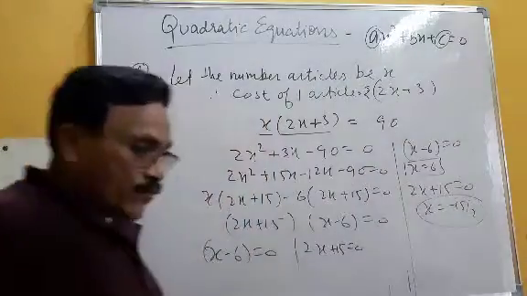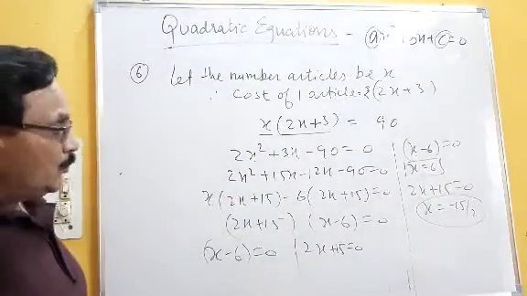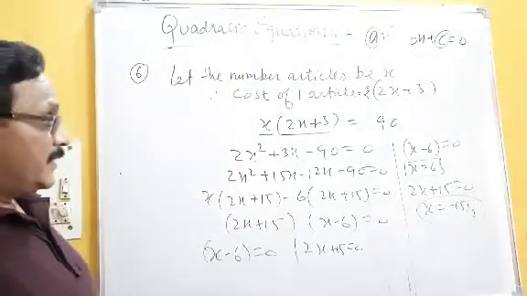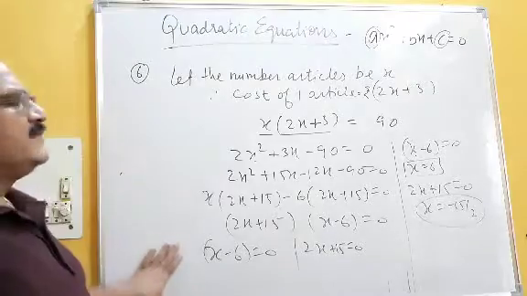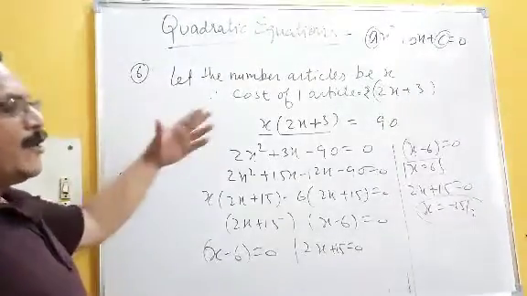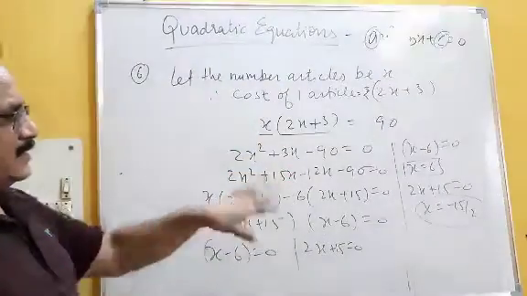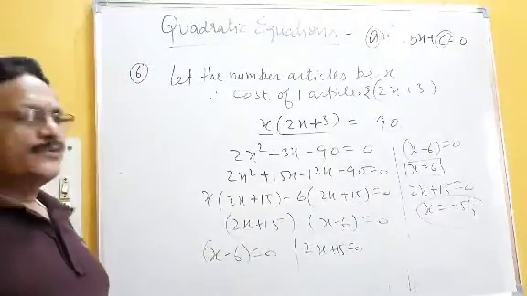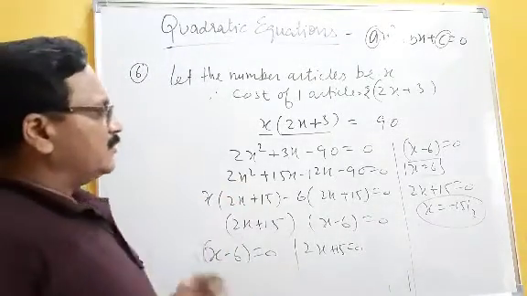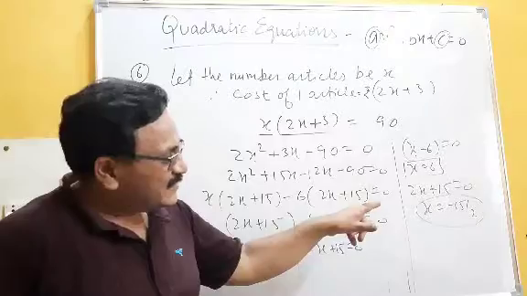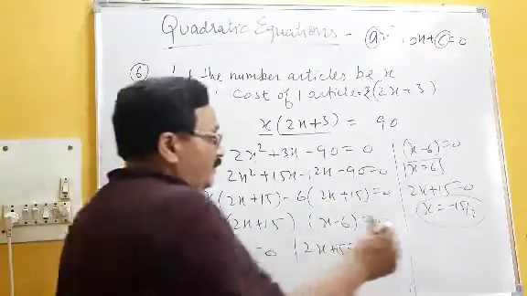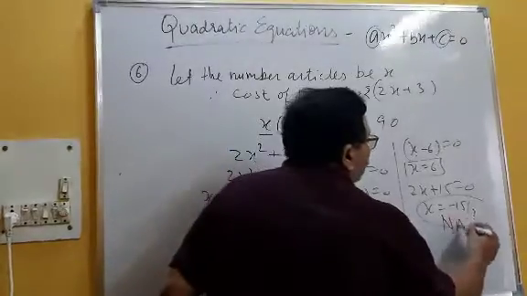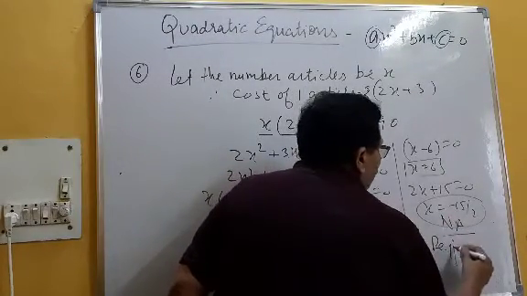Children, see, in word problems you will get two answers for x, but you have to consider which one is correct for the solution. I think this part is very clear. If you solve it yourself, you can get how you are getting x equal to 6 and x equal to minus 15 upon 2. In between some calculation mistakes were there, no problem at all. So now x is coming 6, and x is coming minus 15 upon 2. Minus 15 upon 2 is not applicable. You can reject it.